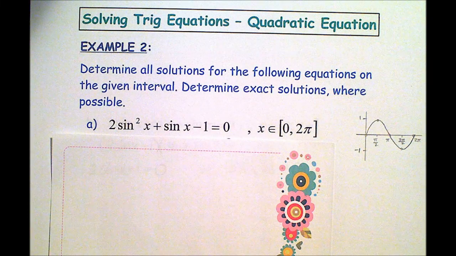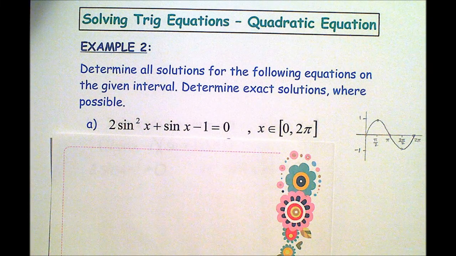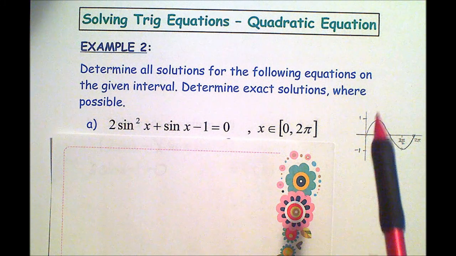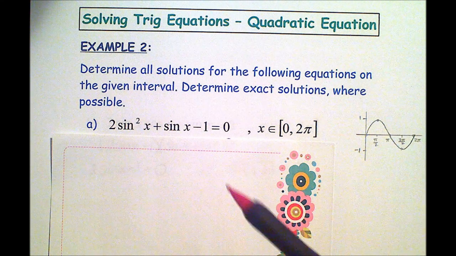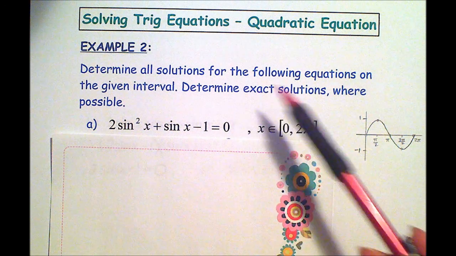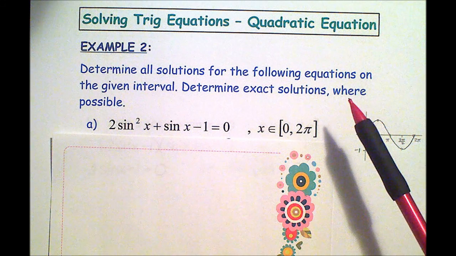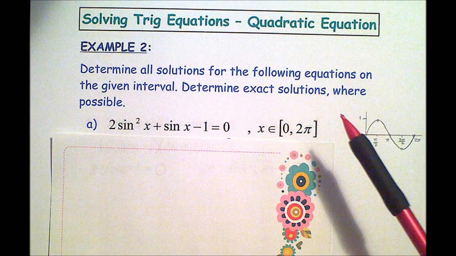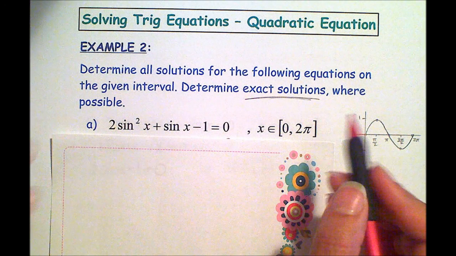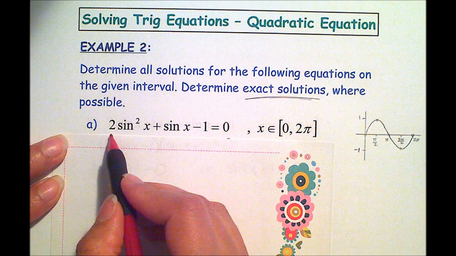Okay, in this example, we're going to look at how to solve a quadratic equation. This one's a little bit different because it's a trig equation that has more than one factor involved. Again, determine all solutions for the following equations on the given interval, and then determine exact solutions where possible. The first example we're going to look at is 2 sine squared x